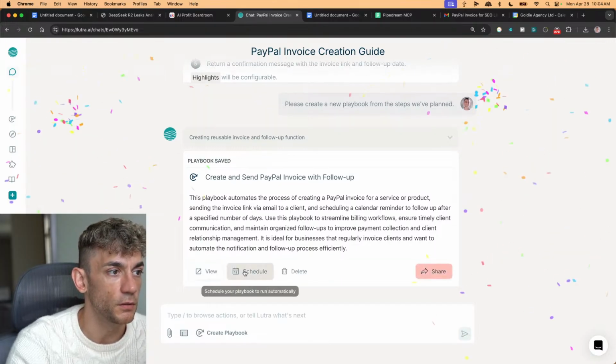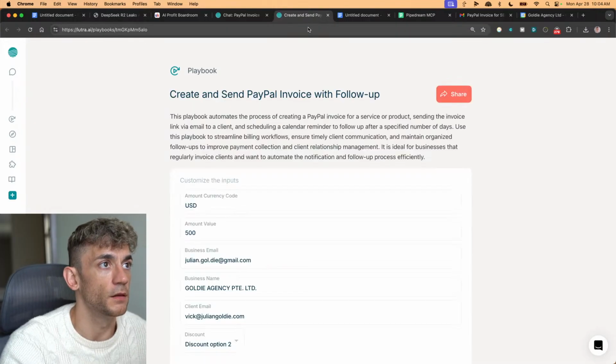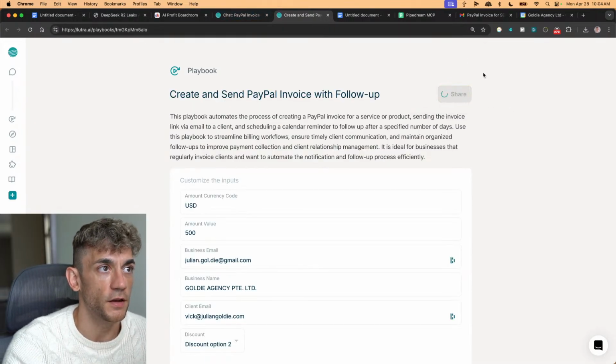And then if we click on view, we can click on view over there. There we go. And you can also share this, right? So if I share that link now,